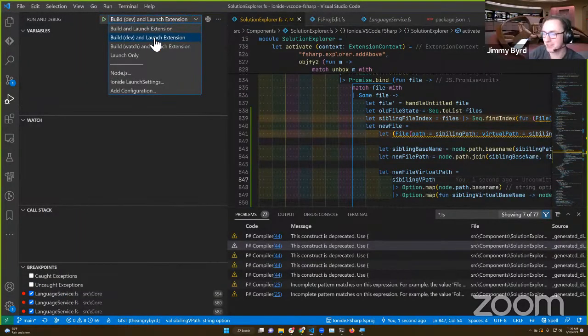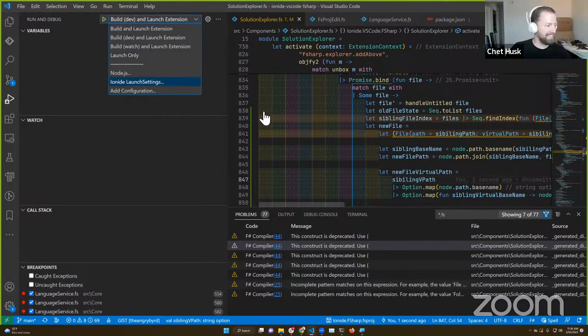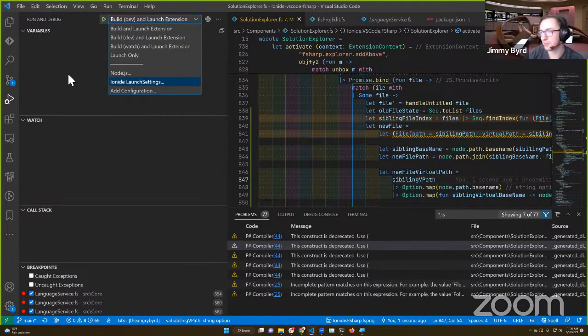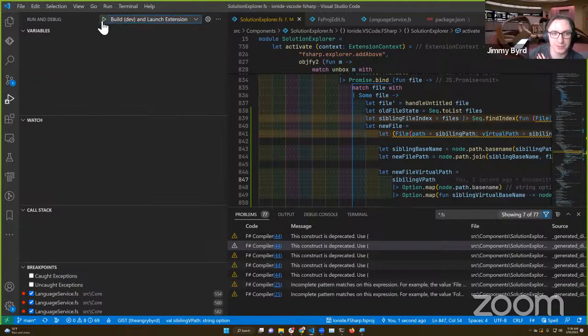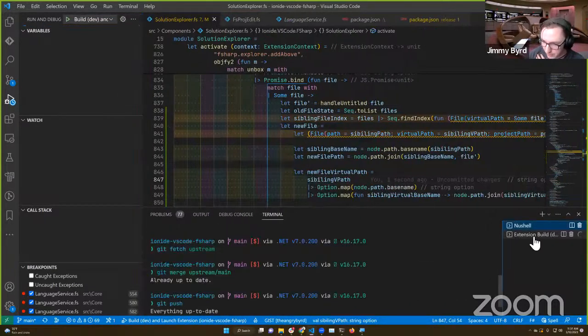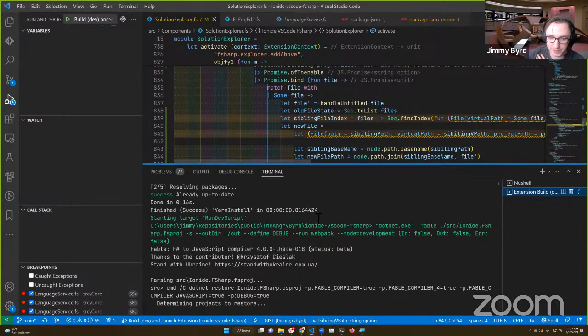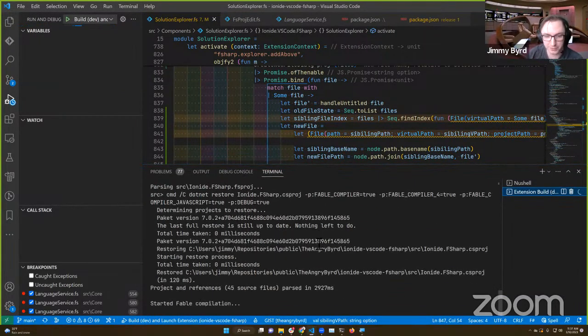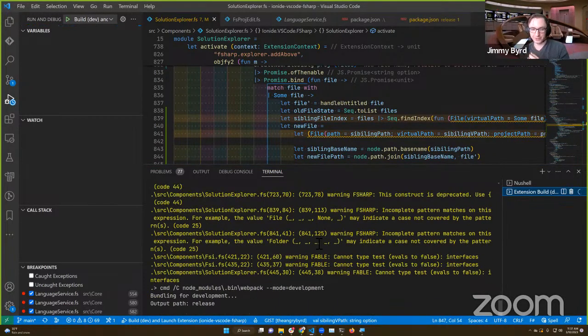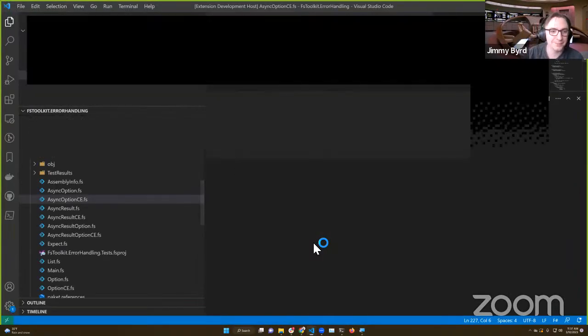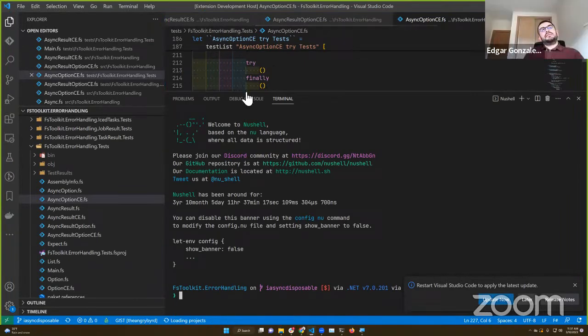Oh yeah, so we should talk about this little helper here. Chet and Chris have graciously made a nice little launcher to be able to launch Ionide whenever you make changes. There's a couple of them here for being able to build and launch the extension. So I'm just going to go ahead and run that. Then we'll see a new terminal pane here, extension build, and you get to see what it's doing. It's running our FAKE script, running the compile steps for Fable, and then eventually it'll stand up a whole new VS Code instance with our new installed thing. And oh, look at that, FS Toolkit, it's already opened.